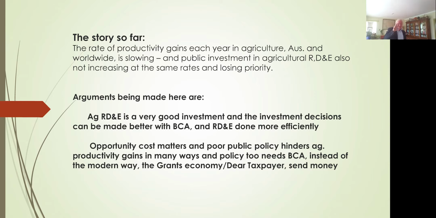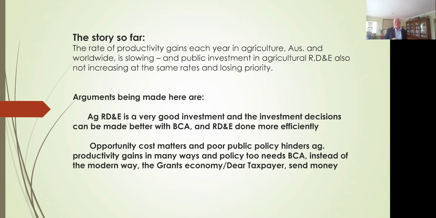It's a classic market failure. There's a role of government. The public should be in there. It's still one of the best investments the public can make. It can be done better. The ag R&D can be done better. The investment decisions can be made better with more benefit cost analysis, identifying the better investments. And the RD&E can be done more efficiently by getting what I call research overheads down, and I'll explain